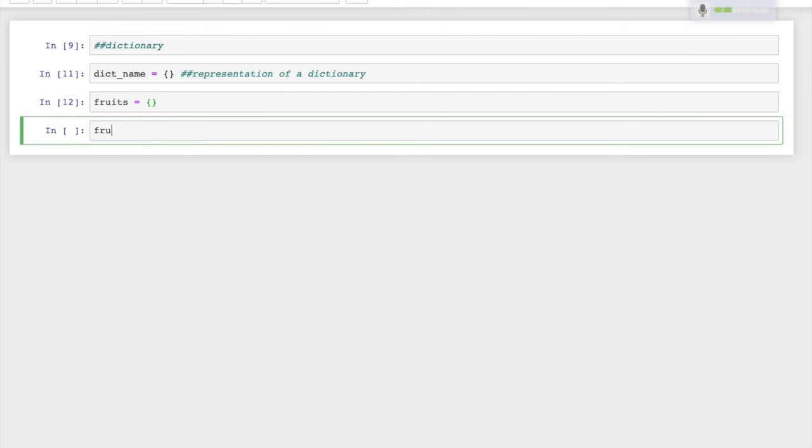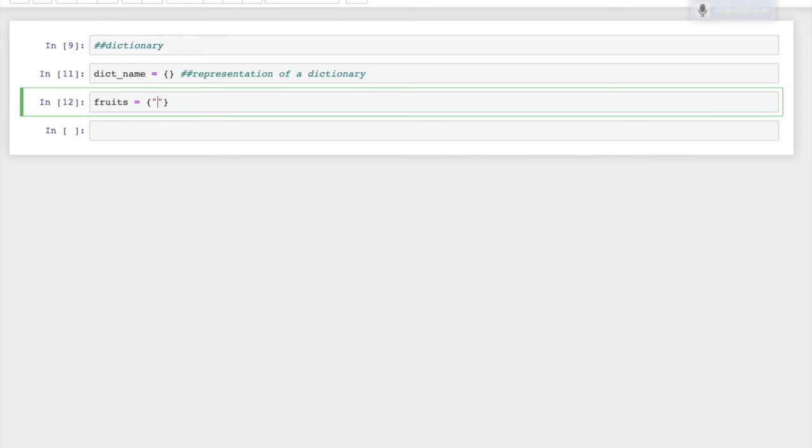Just before that, let me write something. Let me try to explain something. Apple: just imagine that you have two apples in your hand. Here are two important points to know. This is the key and this is the value. Imagine mango, and you have four mangoes in your hand.